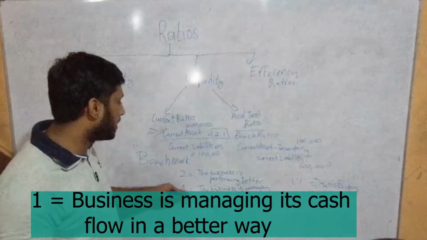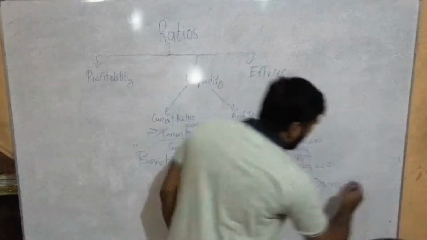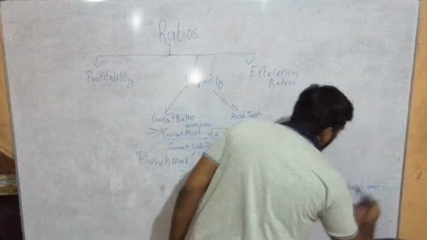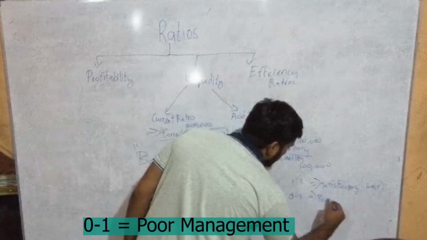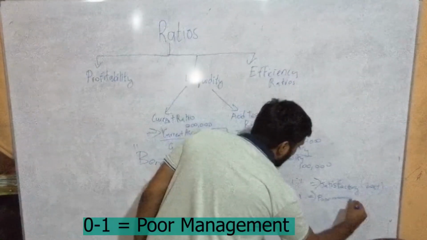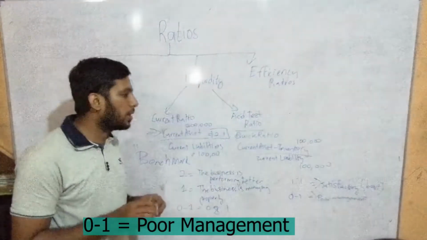But when it comes to current ratio, it's not like that. It's somewhat okay, but at best, I can say it's best performance. If they are at 1 to 0 to 1, again poor management. So this is what you need to write in your exam. So I have given you an understanding of how to score and how to write in your exams.